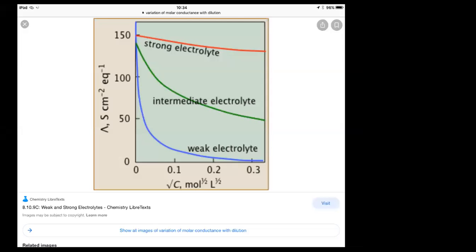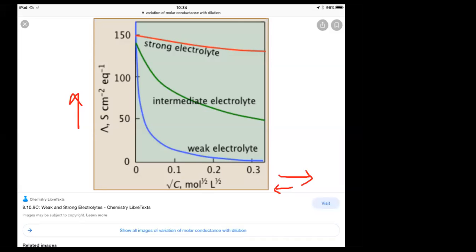See, here you can see how the concentration is changing. You see, for a weak electrolyte, that is the conductance variation upon dilution. We are taking 3 kinds of electrolytes: weak electrolyte, intermediate electrolyte, and a strong electrolyte. In the case of weak electrolyte, this axis is talking about the equivalent conductance, and this is the concentration. Obviously, this is under root concentration, and if I'm moving in this direction, the concentration is increasing, and if I'm moving in this direction, the dilution is increasing, correct?